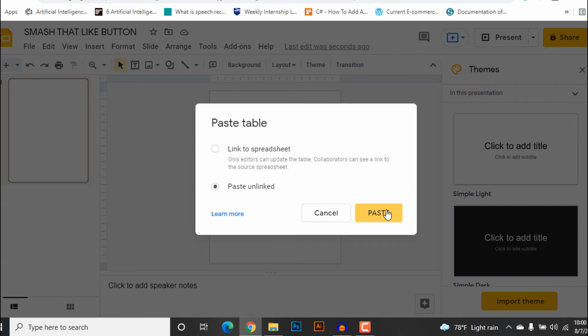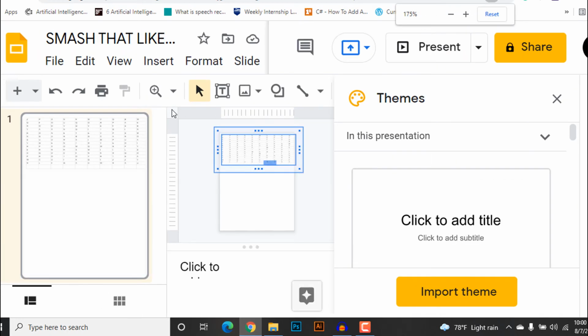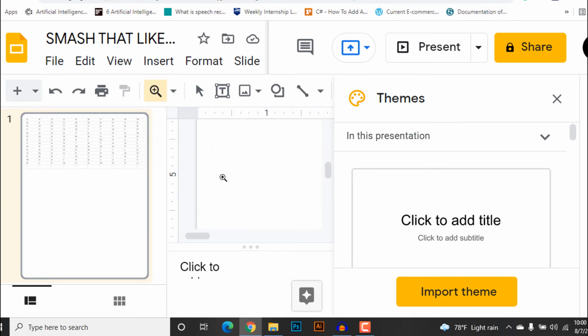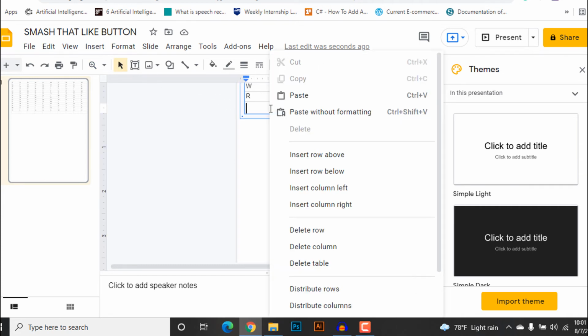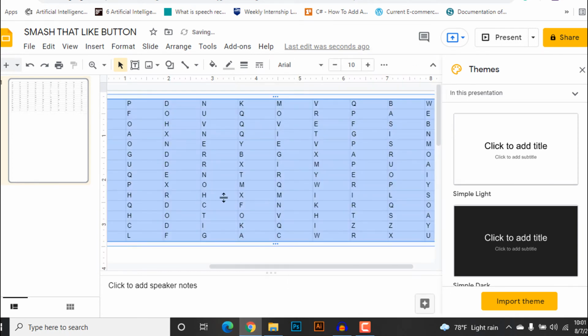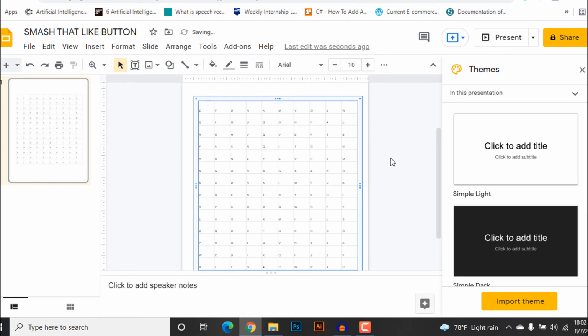So after pasting your document here, as you can see, this unwanted row here, we can delete this row by simply clicking on delete row here. So let's resize it. So I have resized